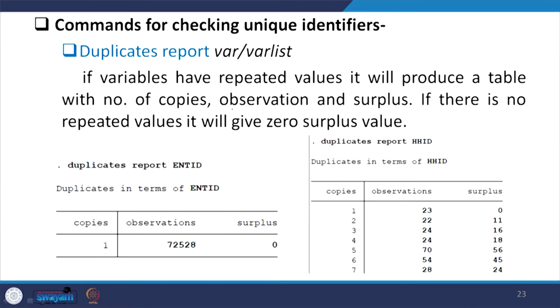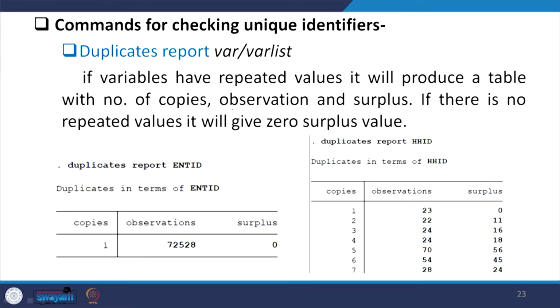Now I'm going to tell you the commands for checking unique identifiers. I told you that an identifier is very important for analysis. Which are the unique identifiers, and how duplicates report is important for analysis. If you enter duplicates report, let me clarify what that means.